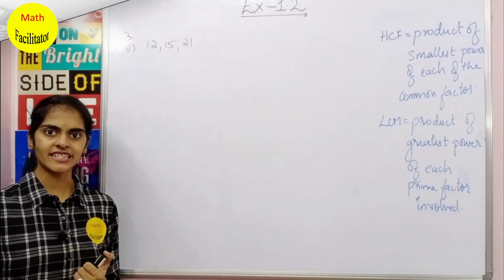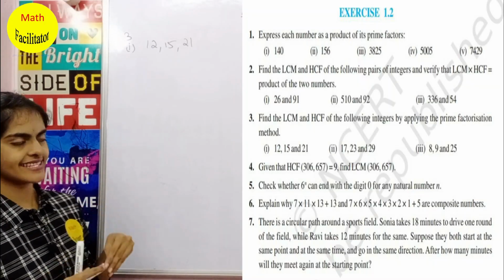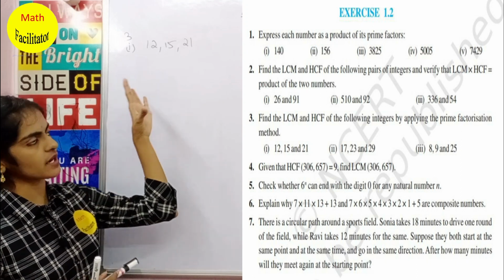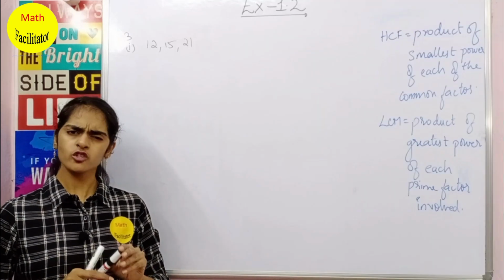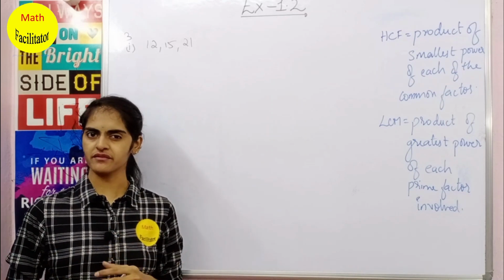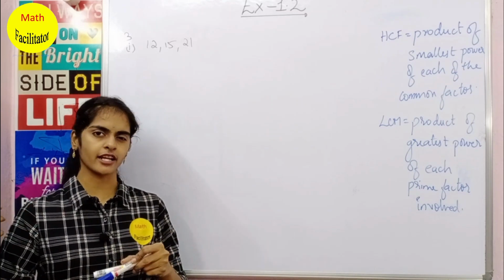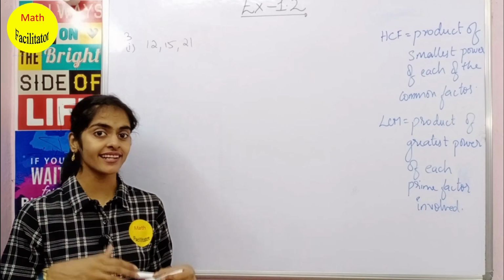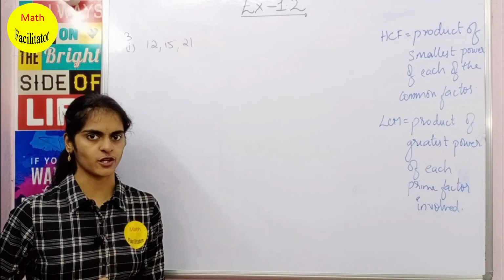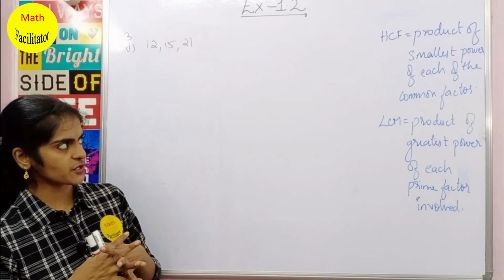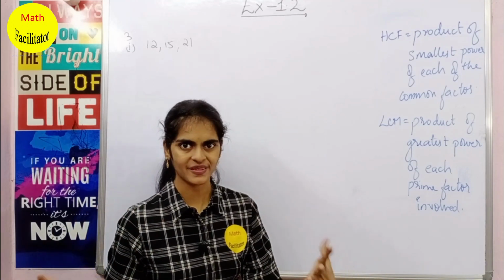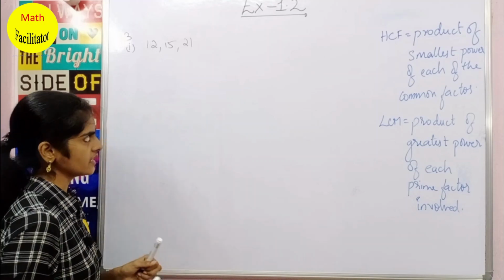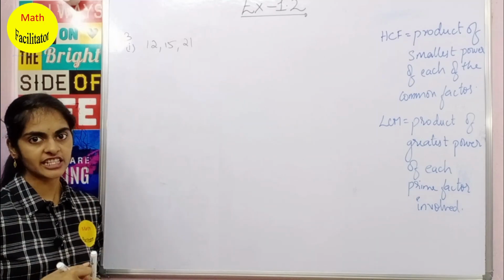numbers. So moving on to the next question, you have to find the LCM and HCF of these given numbers using prime factorization method. Okay, so most of you get confused in prime factorization method because since childhood you are habituated to do it in division method, which we have done just now. Yes, so in prime factorization method you will be confused whether to take the smallest power or highest power or what. Okay, so I'll explain you very clearly, but before that let us prime factorize each of these numbers.